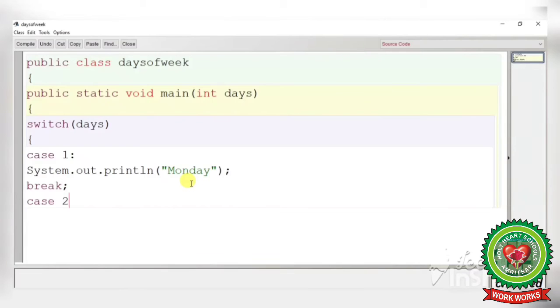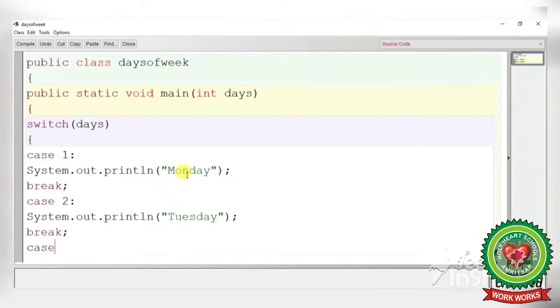that is case 2 colon, system.out.println double quotes Tuesday semicolon. Again apply break. Break will control the flow of execution.